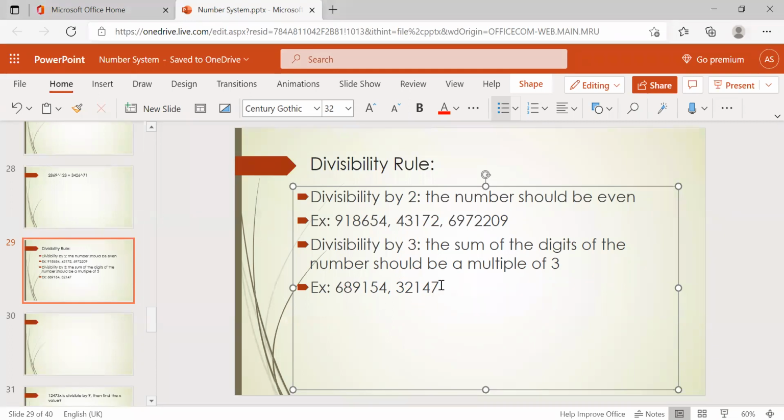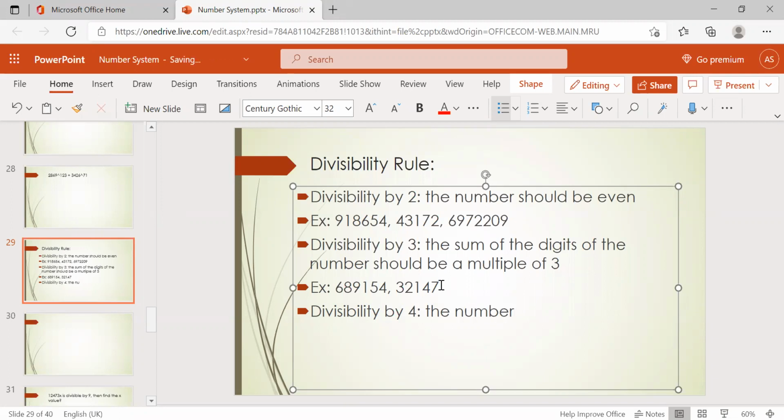And another one: divisibility by 4. Actually, divisibility by 4 is very easy.